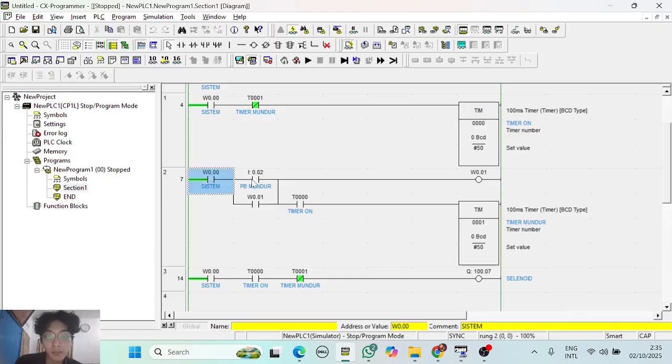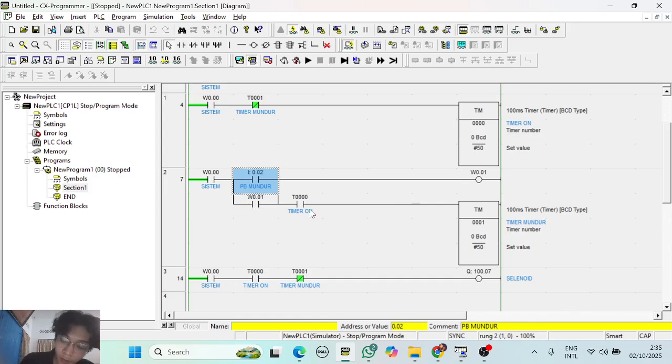If the output system is on, we should put some value on PB mundur or PB countdown push button. If the PB countdown push button is on, the output system will continue the timer on.